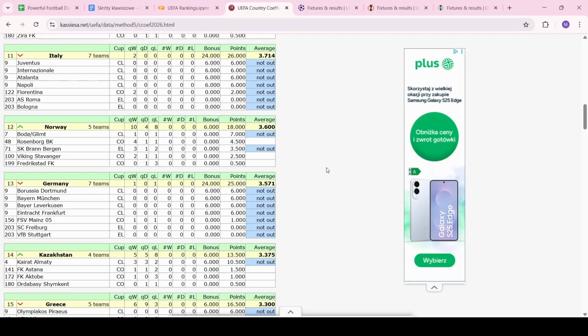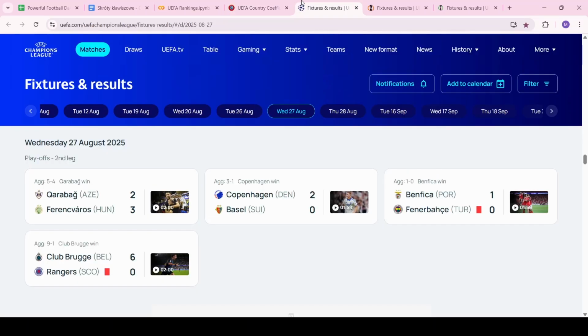Let's now check one week of games as an example. What was the most recent week of games in all European competitions for Polish teams and their contribution? So let's start with Champions League. Unfortunately there was no Polish team at this stage, so here Polish teams got 0 points just for this